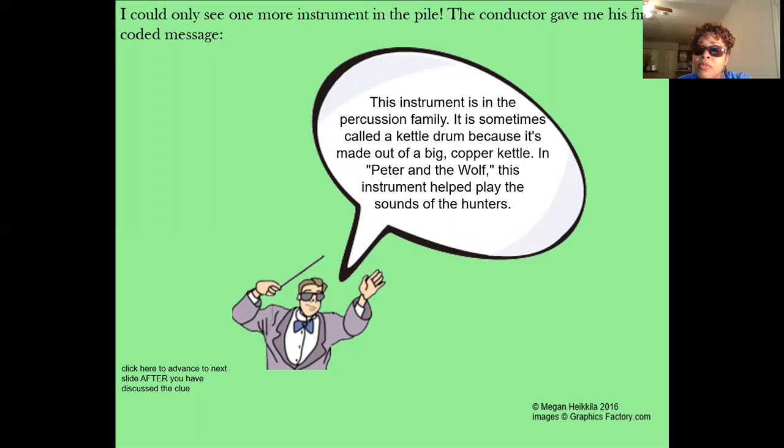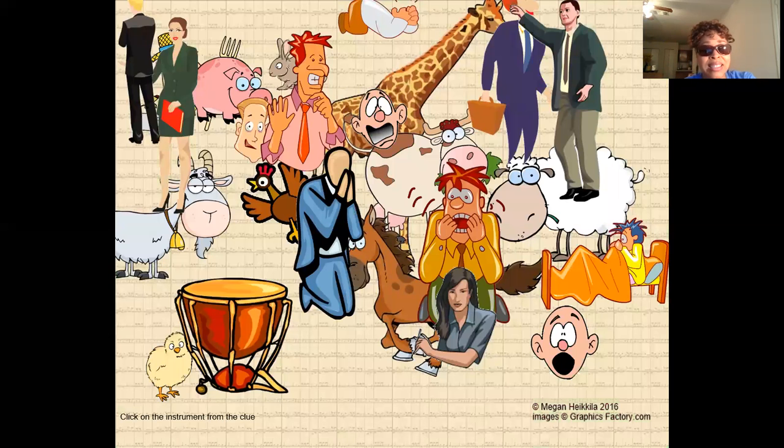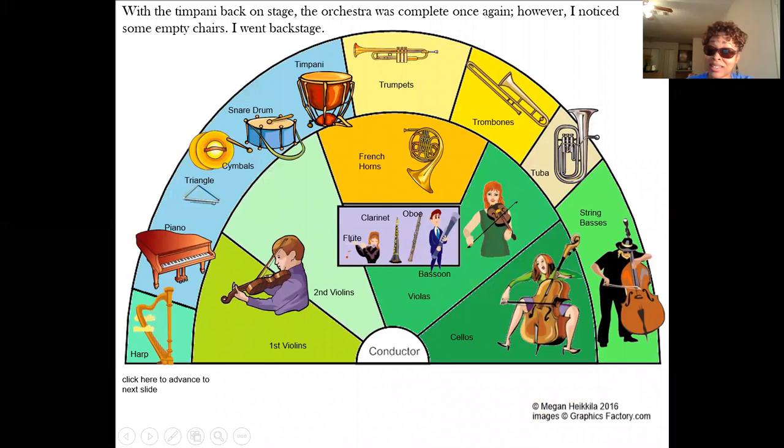In Peter and the Wolf, this instrument helped play the sounds of the hunters. If you said the timpani, it has two names, as I already mentioned. It also is named the kettle drum. Excellent work, detective. How many instruments do you see? I only see one left. Let's click it. Excellent job. You clicked the timpani. However,